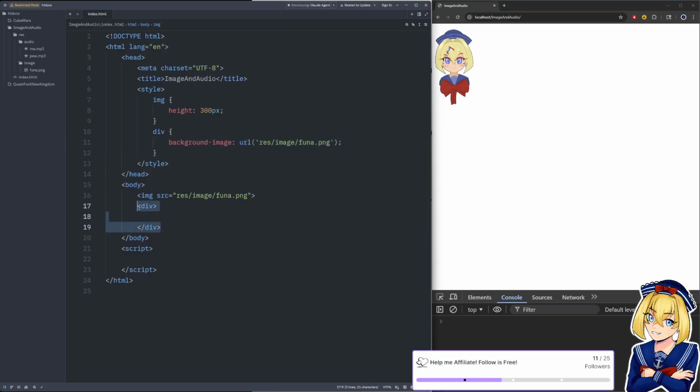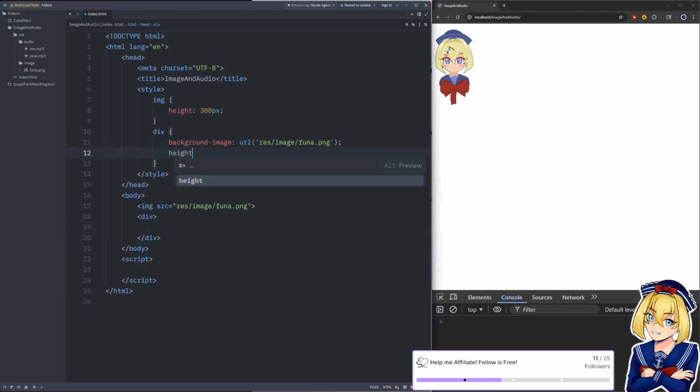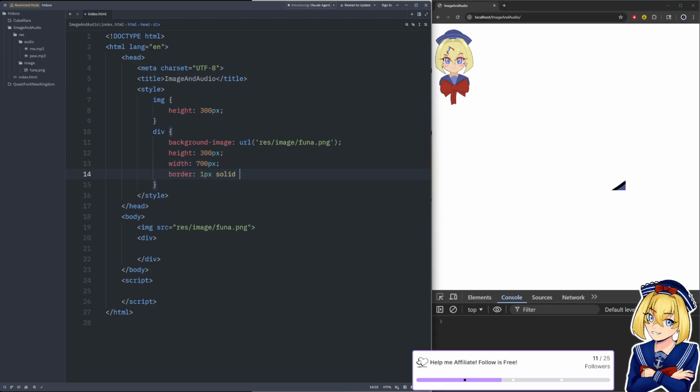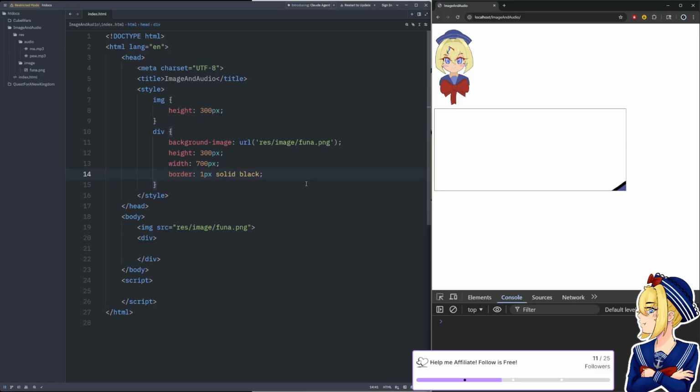That's because this div doesn't have a width or height, right? So what if we say the height is 300 pixels and we'll say the width is like 700 pixels. We'll do something kind of crazy. We'll refresh and we can kind of see the corner of something here, right? Like that wasn't there before. Let's make a border on this of 1 pixel solid black and reload it. Okay, we know that that's the bottom corner of this div we just made, right?